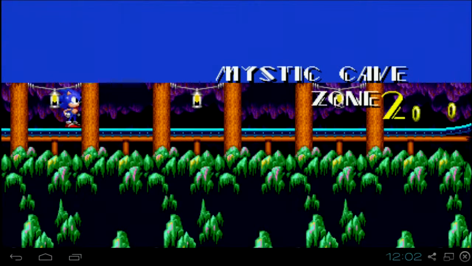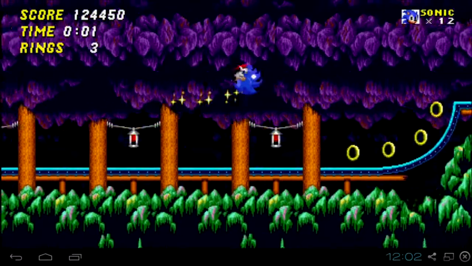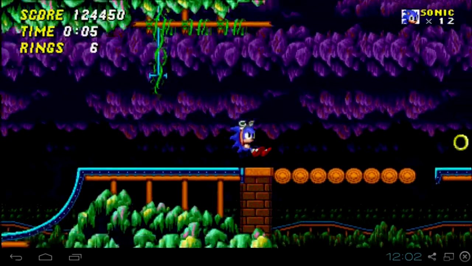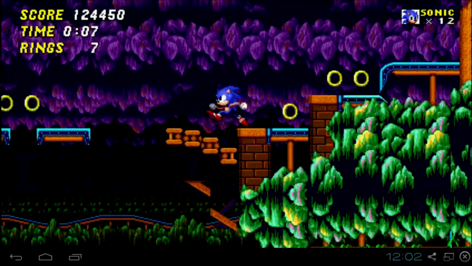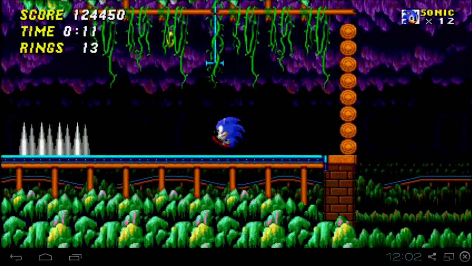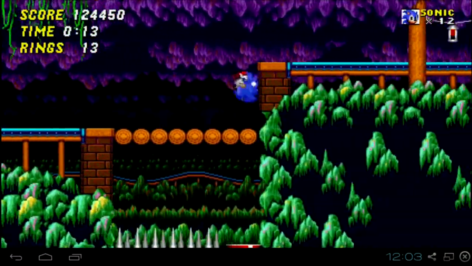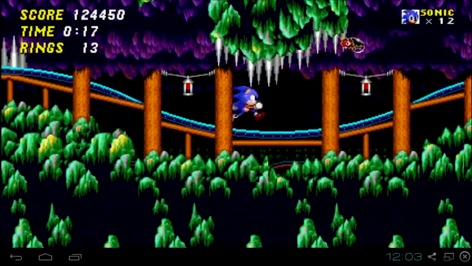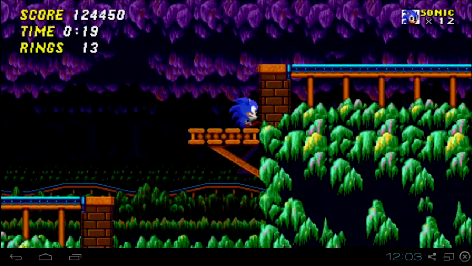It's a hidden zone. Most of you are already familiar with how you probably already played this, and you know what I'm talking about. You know what to expect. But for those who don't, Mystic Cave Act 2. This is how you get to the Hidden Palace, such as it is, and yeah, I'm sort of happy that Bluestacks works the way it's supposed to, and I was able to play this